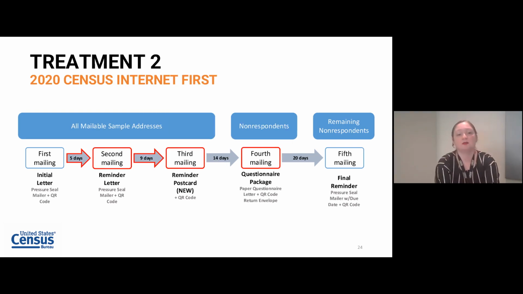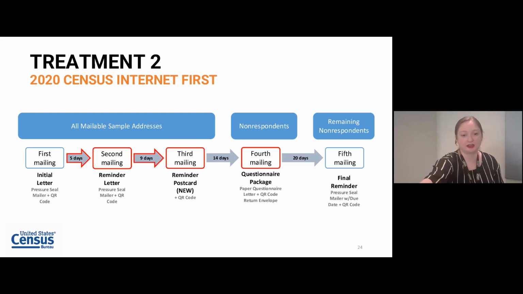Treatment 2, we're moving the questionnaire packet to the 4th mailing. So we're giving people more time to be respondents. If you see a red arrow, that means that the timing has changed for when we mail stuff out. If you see a red box, that means our messaging has changed. So for example, we're not telling people about the questionnaire in the first 2 mailings. And then you have this